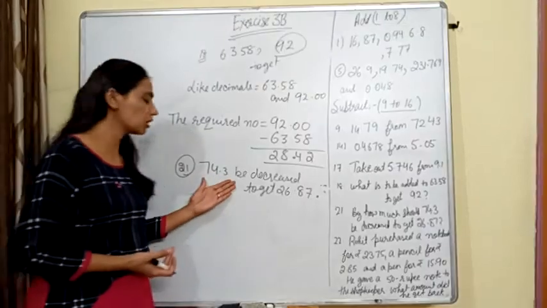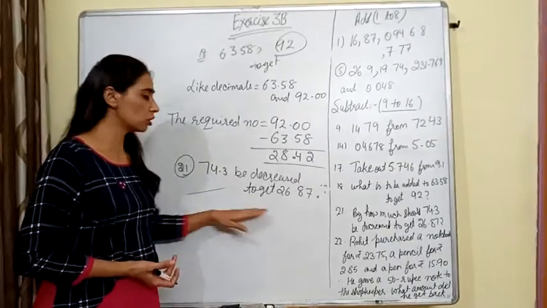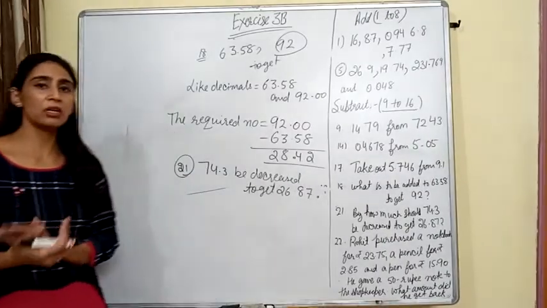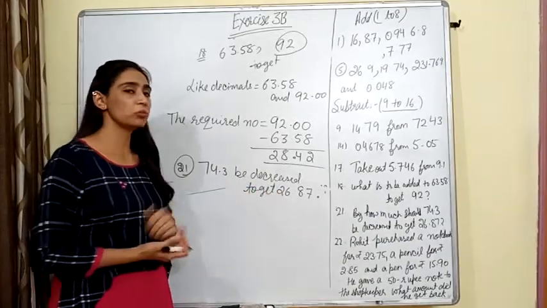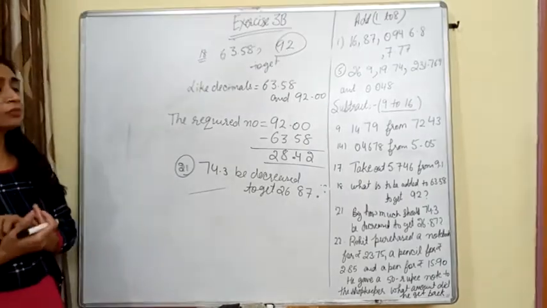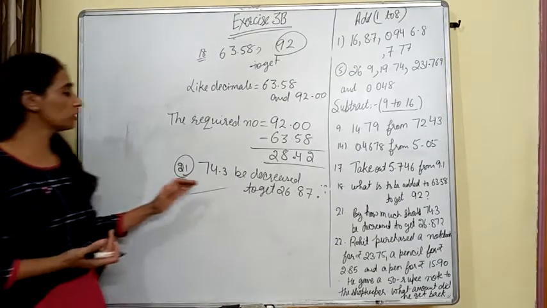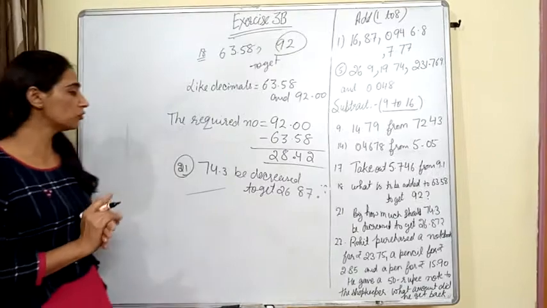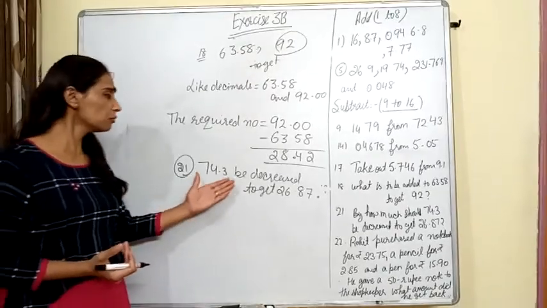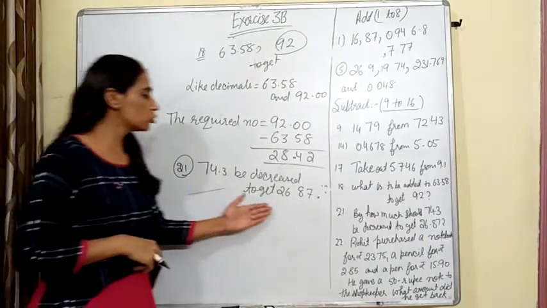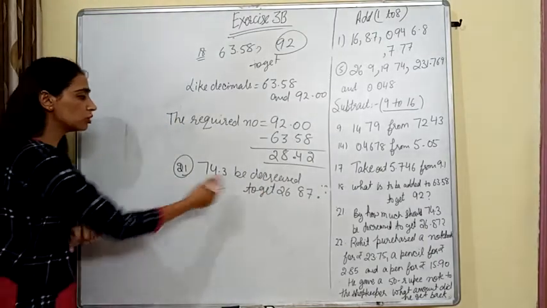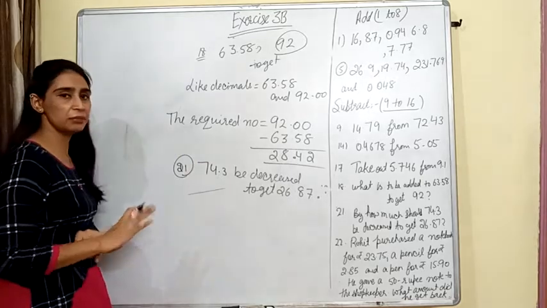How much should I make it smaller so that I get this? How can we find out that? Simply, we will subtract the smaller number from the greater number, so that will be the number. When our answer comes, we will write: this number should be decreased by, whatever the answer is, to get this. So how will we do this? This is the statement. You will write a simple statement.